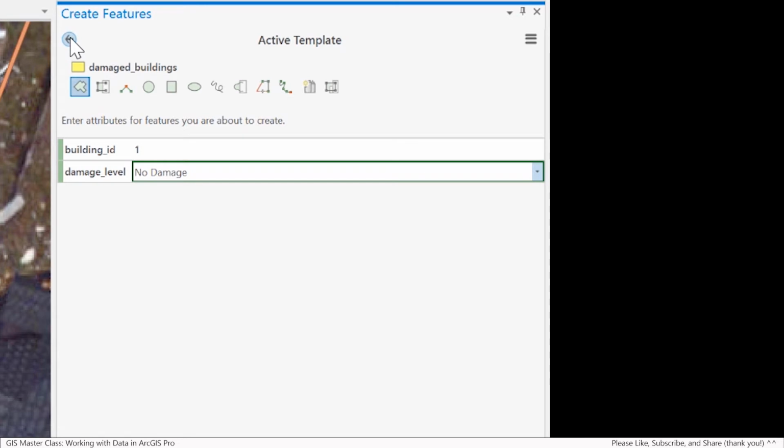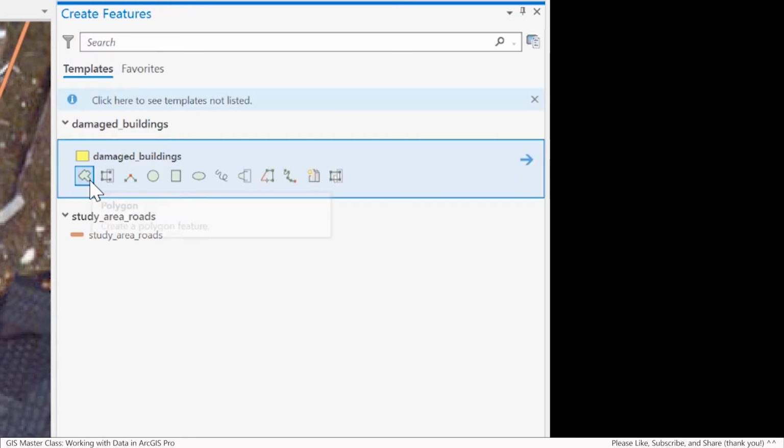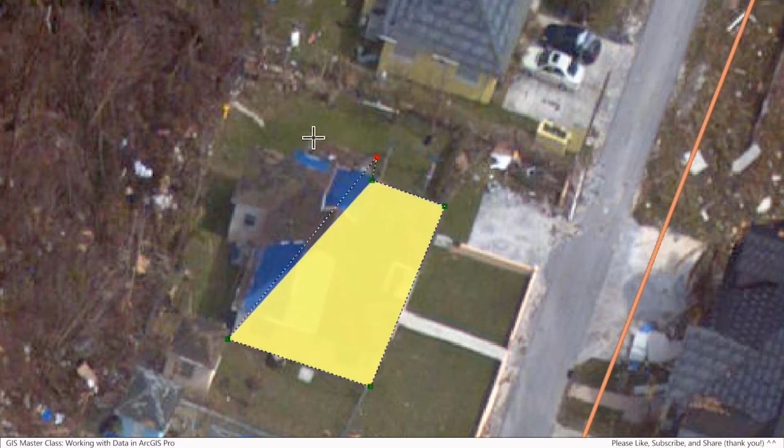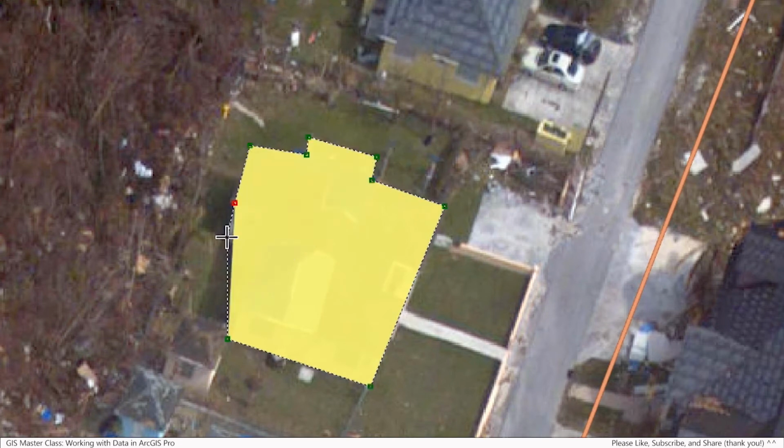Now, to actually go about creating a feature, you have a variety of different tools that I talked about earlier. And let's do a simple digitize. I'll do this building here. And so I've selected the create a polygon, and I simply just go and click and trace around it with left clicks on a Windows system. And you can see that the shape starts to fill as I click along. And I don't claim to be the best digitizer, but when I double click,